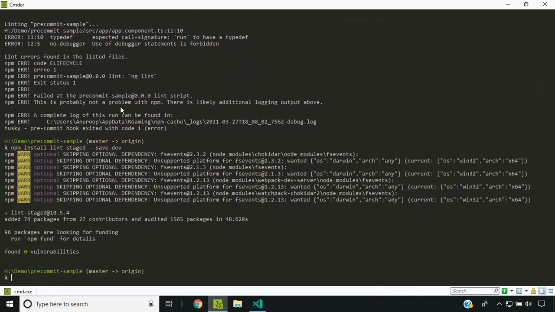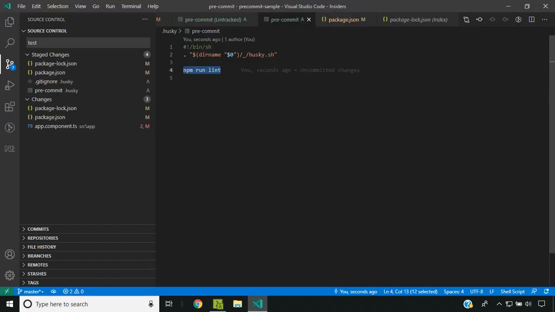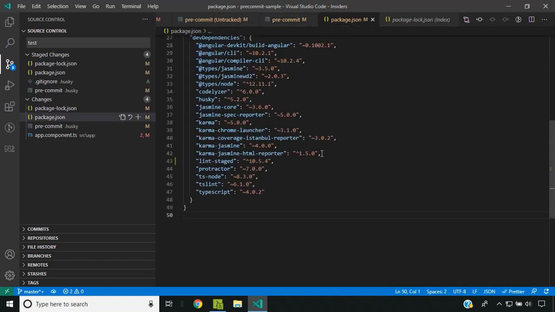Now the lint-staged dependency has been installed. Now let's modify the command to be executed in the pre-commit hook. So I am changing it to npx lint-staged, and we need to add a configuration for lint-staged in our